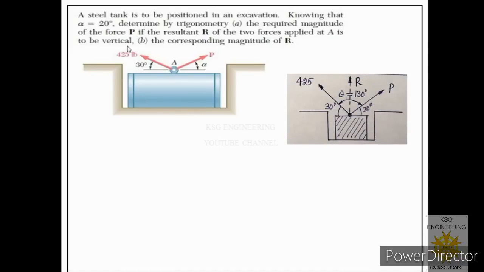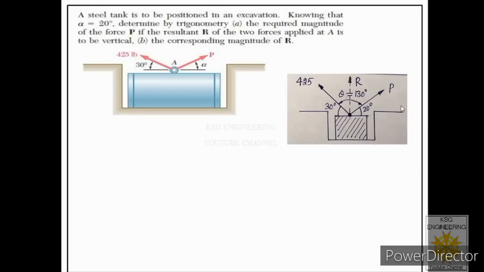So first of all, we have to make its free body. So how to make the free body? Very easy. Whatever is shown in the diagram, repeat that in your notebook. So first of all, we will repeat this diagram in our notebook and we will add those values in the free body which were not labeled in this diagram. So what is not labeled in this diagram? The resultant force R and this angle.